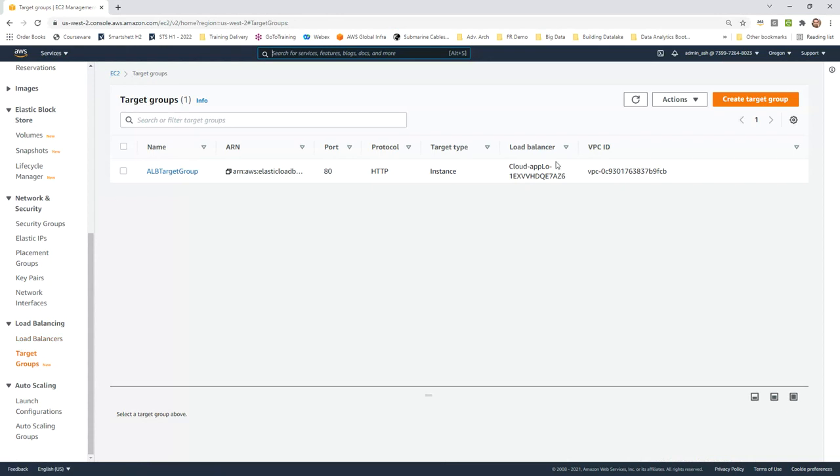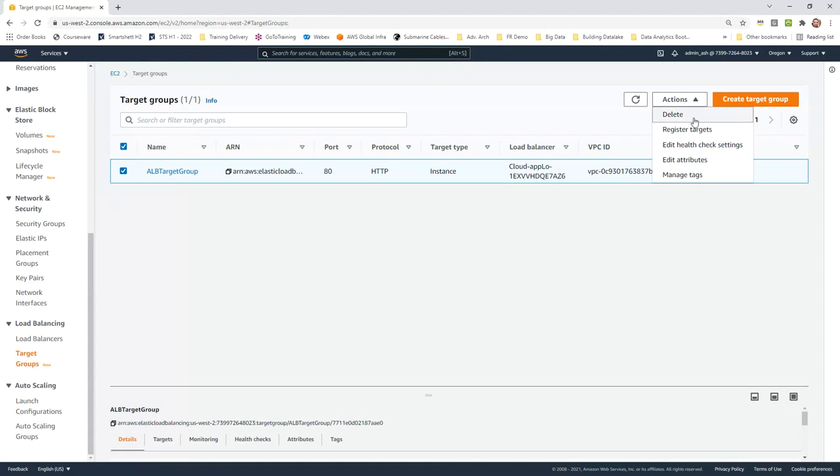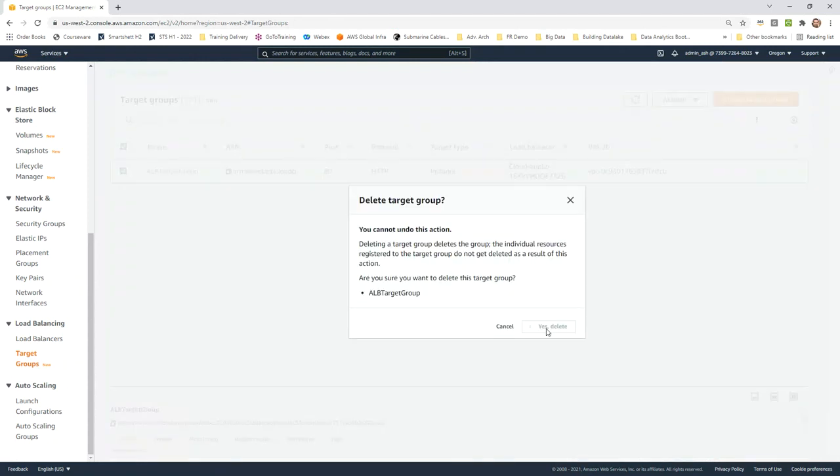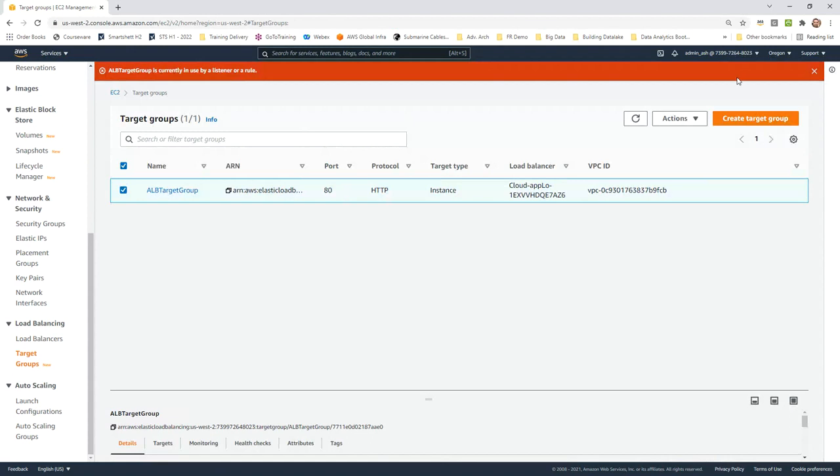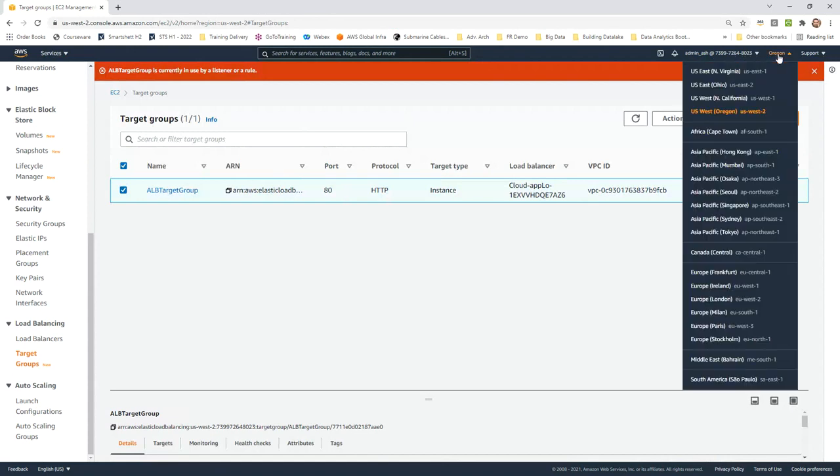Let me just clean it up so that we don't get confused when we create our own target groups. I am deleting it. Oh, my bad. Listener on a rule. Good, I haven't deleted it because this is Oregon. No, I don't want to show it there. Let me go to Ireland. I will create something there. Right. So load balancer is a regional service.